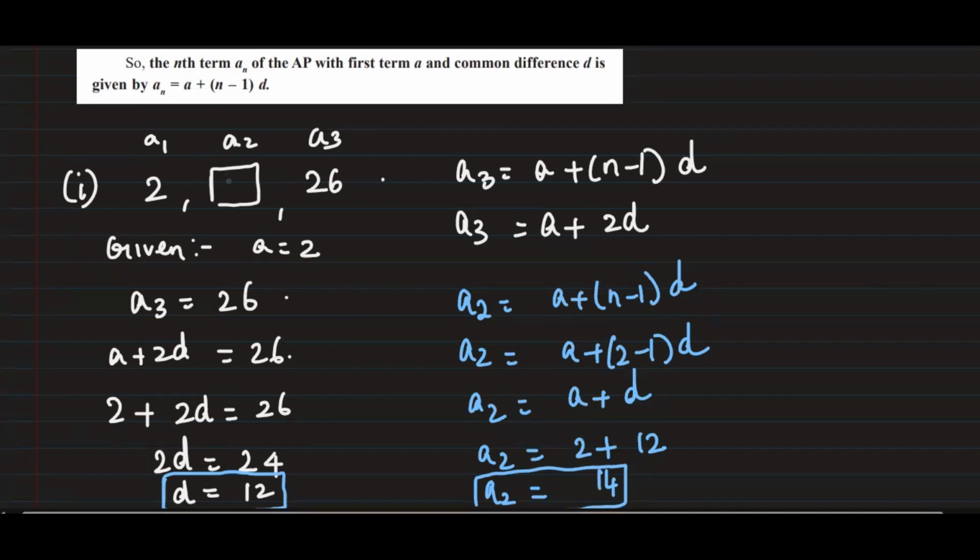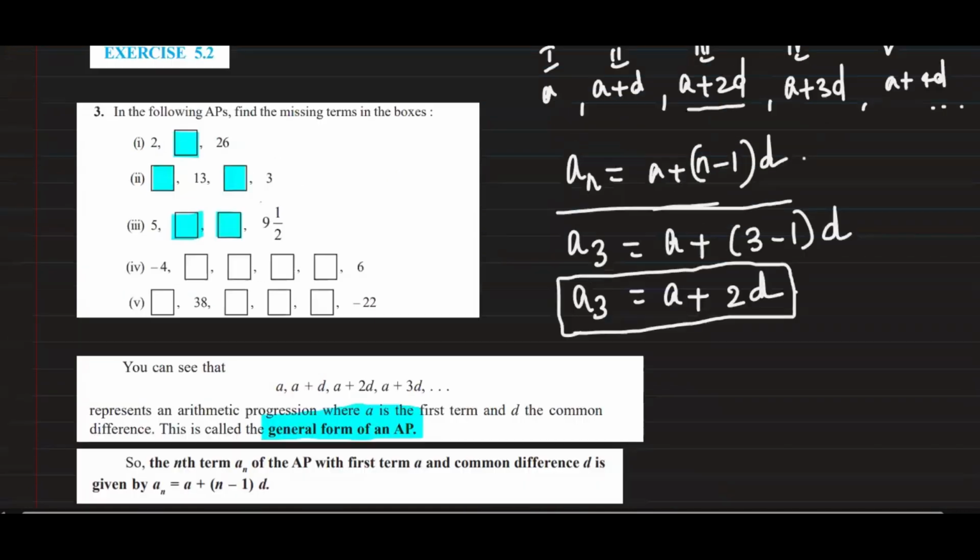Okay, clear? Therefore, the missing number here, the answer, is 14. A2 will be 14. Now moving on to the second question. So the second question is,